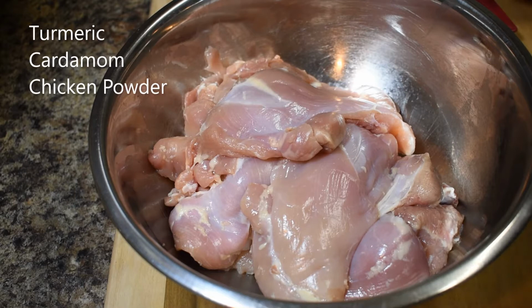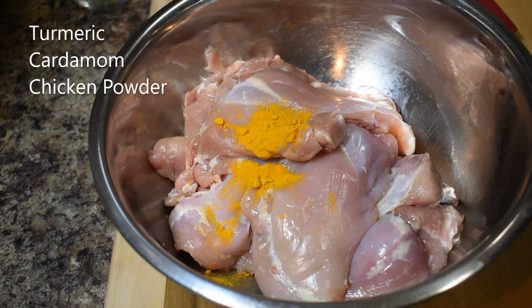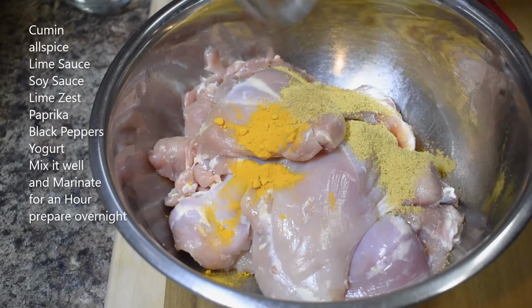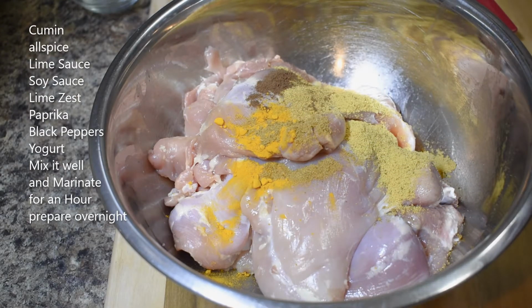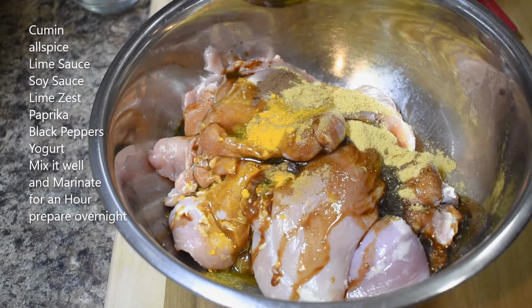Okay, I'm already done cleaning up the chicken. Let's marinate the chicken. That was turmeric, cardamom, chicken powder, cumin, allspice, a little lime, soy sauce,